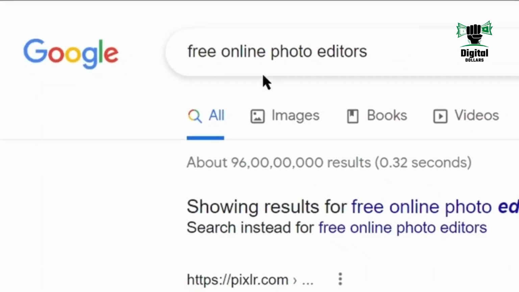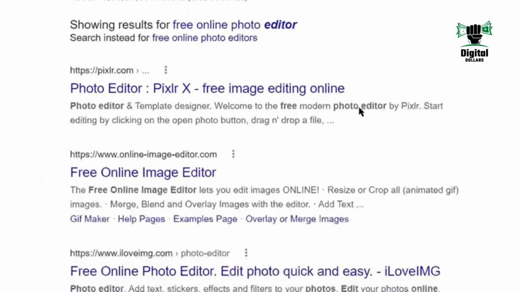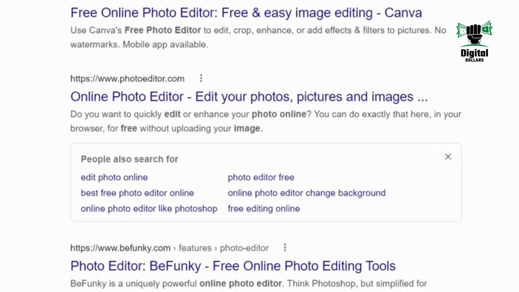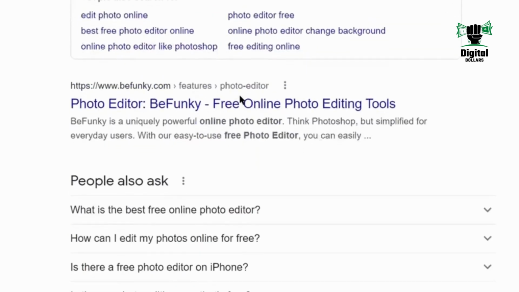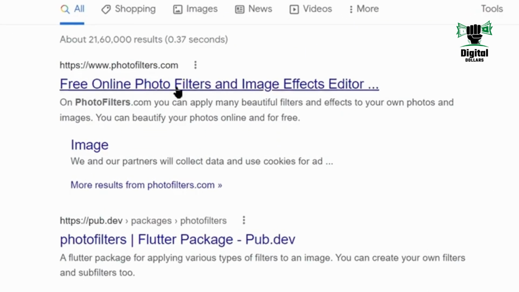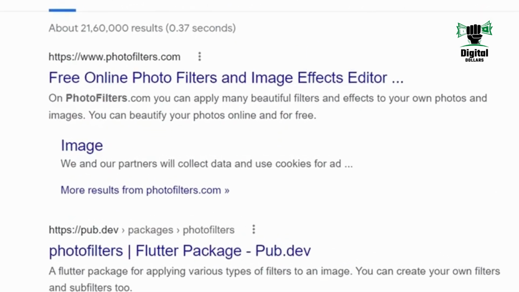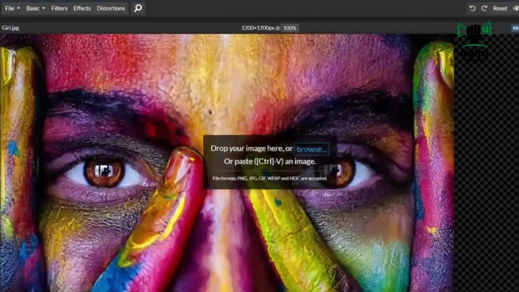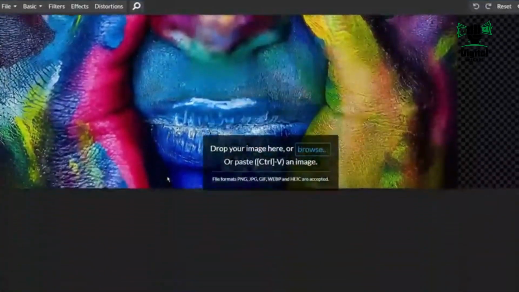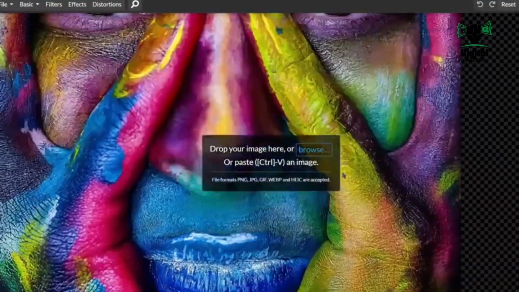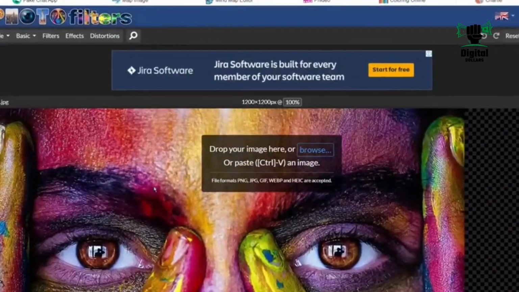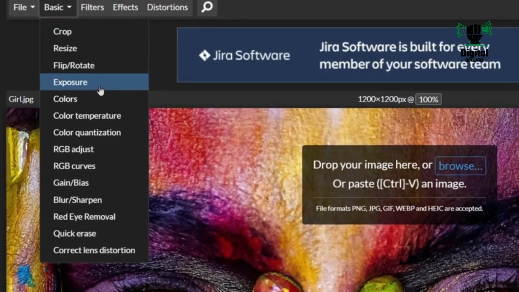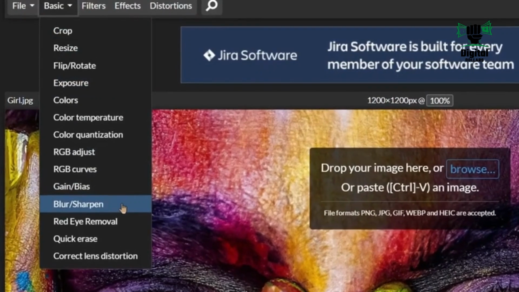and search for free online photo editors. And as you can see, there are a lot of these free online photo editors that you can choose from in order to apply filters to an image. For example, let us choose this one here called photofilters.com. And just like it says in the name, photofilters.com is a free online tool that you can use to apply many beautiful filters and effects to your photos and images. Basically, it is used to beautify any photos by applying effects like cropping, resizing, exposure, blurring, sharpening, RGB curves and